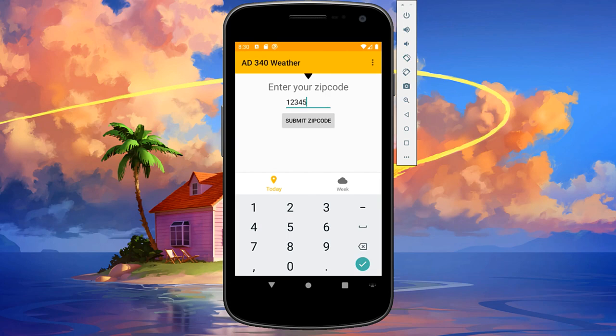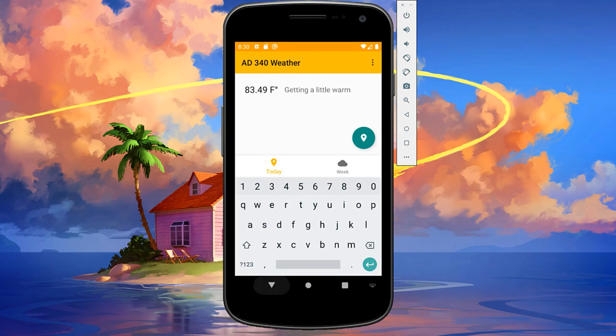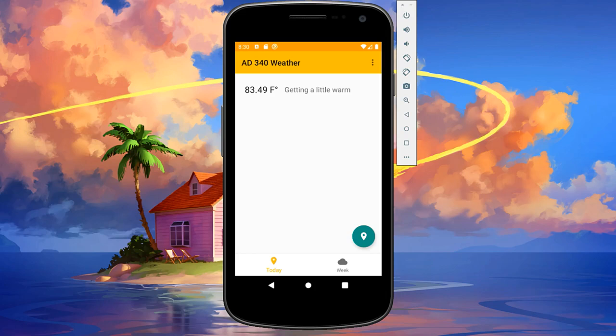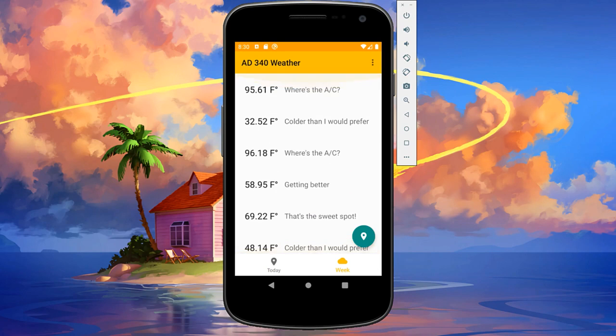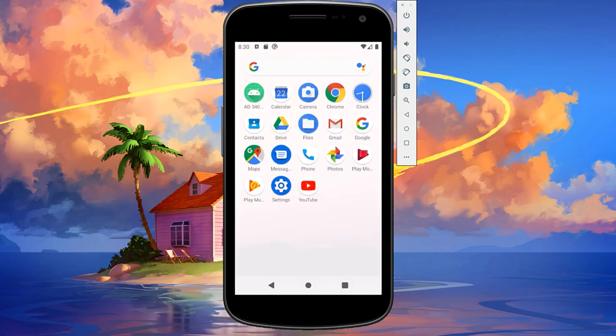1, 2, 3, 4, 5. We'll click submit. And now on the current weather screen, we see one item, and on the weekly screen, we see multiple items. And now if we close this and rerun it,